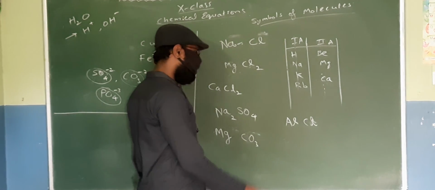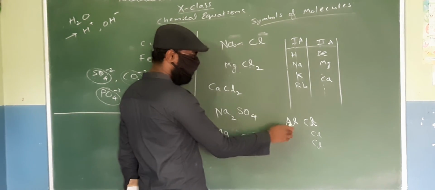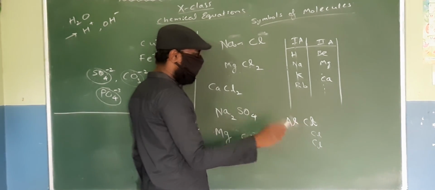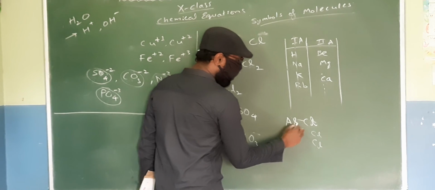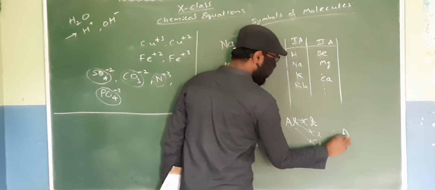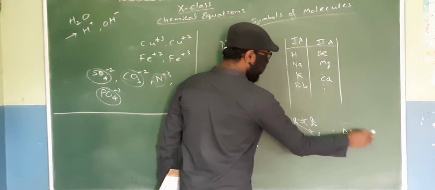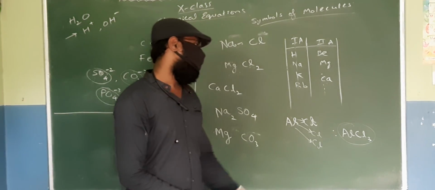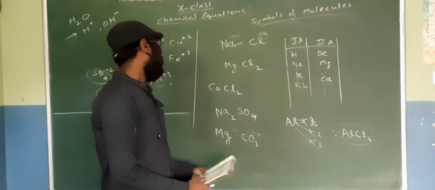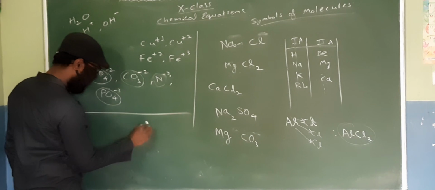So what happens is, one more chlorine will come, another chlorine will come towards it. Now, aluminum can give 3 electrons, and since every chlorine wants only 1 electron, each chlorine will take 1 electron from aluminum. Therefore, what is the compound formed here? AlCl3, aluminum chloride. How is this molecule formed? One aluminum atom will combine with 3 chlorine atoms. This is aluminum chloride. And all such examples we can write. And some more examples I will tell you.